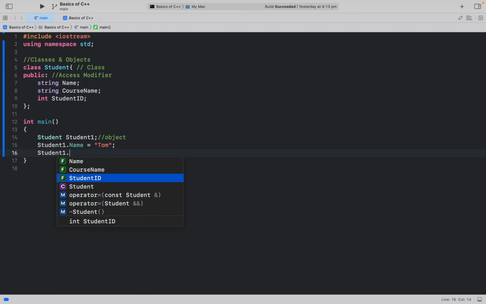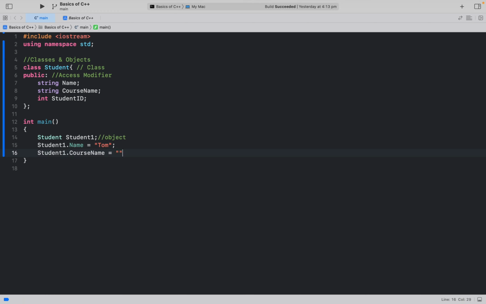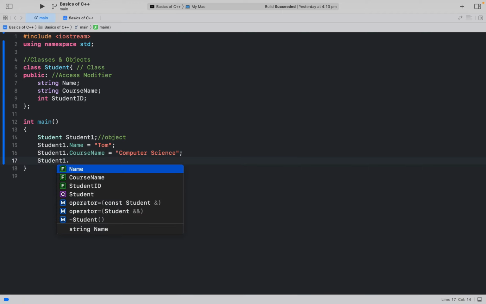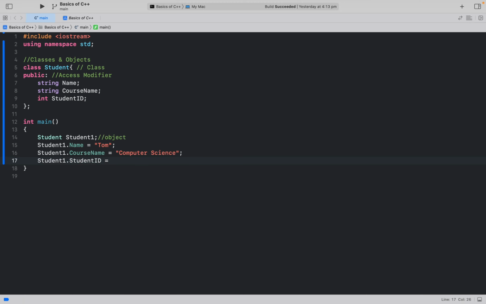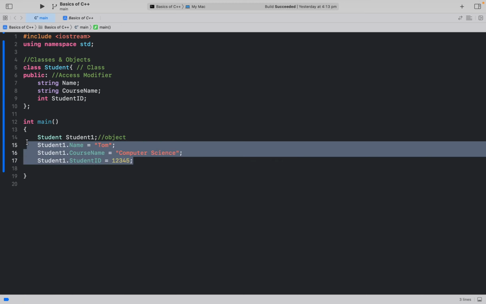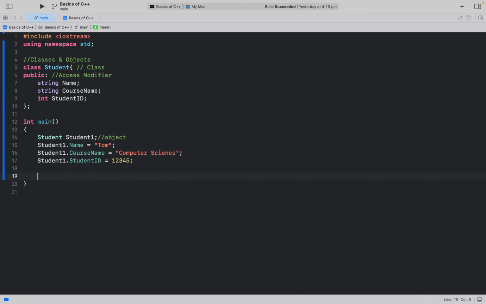student1 course name, which will be computer science, and then we will assign student ID, which we can do 1 2 3 4 5. So now we have student name, student course name, and student ID assigned to student1. If we want to output this, we will do simple cout